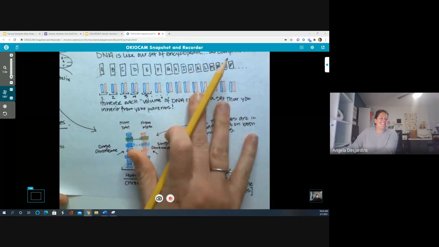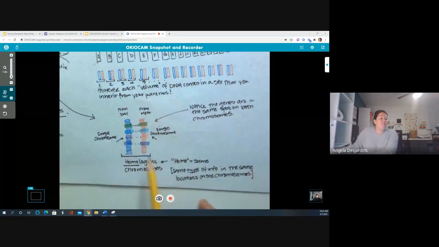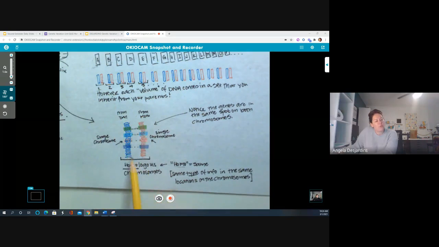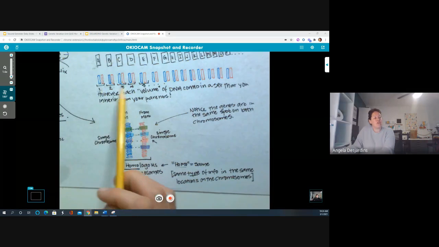Notice how I kept saying the word same. When you have genes located at the same spot and the same type of gene located at the same spot, the prefix same in science is homo. So we call these homologous chromosomes. They're essentially partnered. They're like the same. So homologous chromosomes are the set that you inherit from mom and dad for each of those pairs,